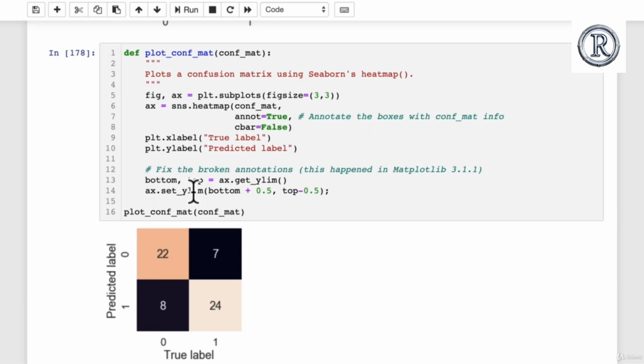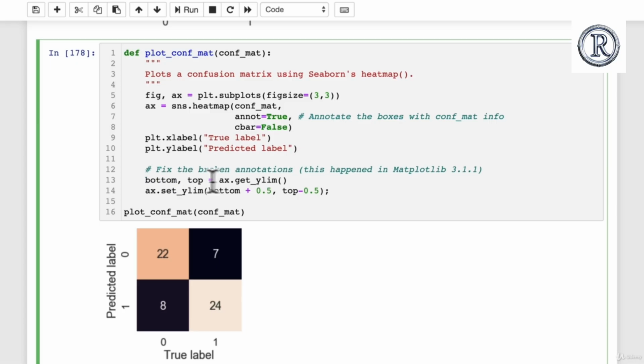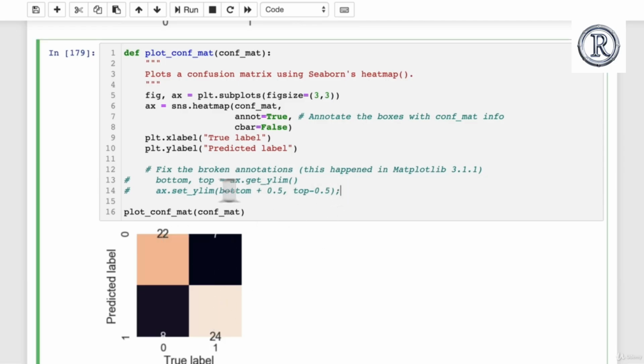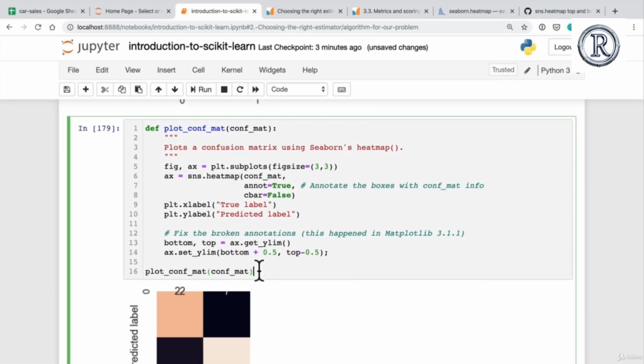Wonderful. So this is just saying, hey, set bottom and top to the current y limitations of our axes, and then reset them to be bottom plus 0.5, so it's going to move that number up. If we comment this out, it's going to move that number up, and then it's going to bring these two numbers down. So that's all that's happening in these two lines. And that was a fix I found through a little bit of searching up something like